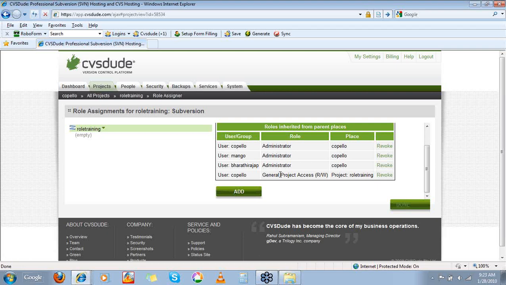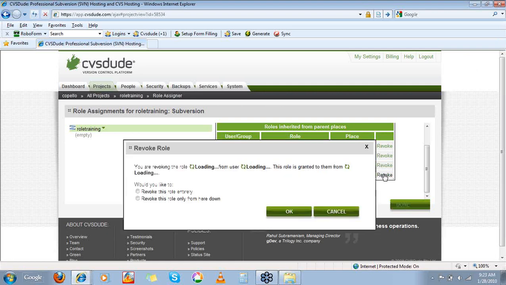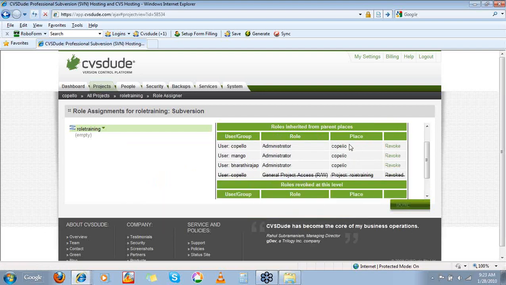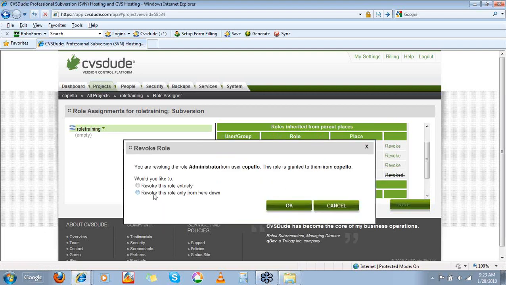So what I'd like to do is revoke all my access from Capello, and then I'm going to show you a quick update, and you will see that I will no longer have access to the particular project. So if I revoke my general access, as well as I revoke my administrator access,